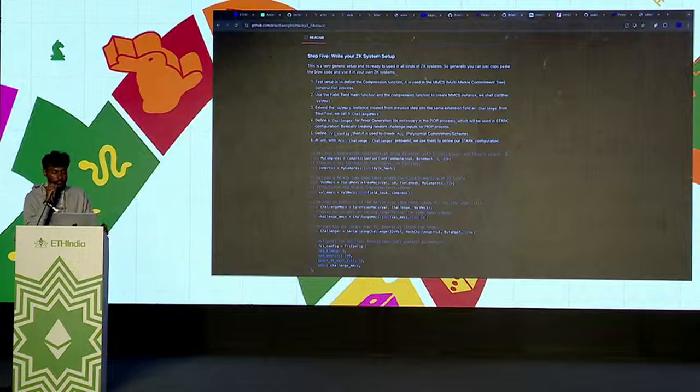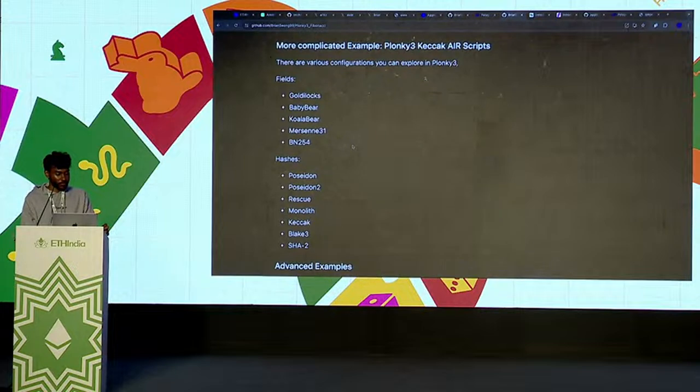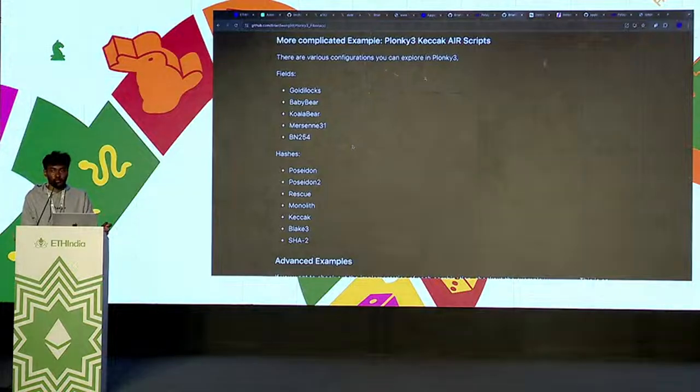So we have put down a $10,000 large bounty pool, and the idea is to build innovative consumer application use cases. What is interesting for us? Two important things in ZK: a hash and a field. Currently Plonky3 supports these fields and these hashes. Why do we need a combination of fields and hashes?